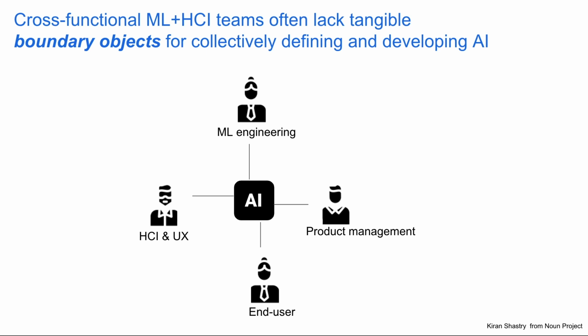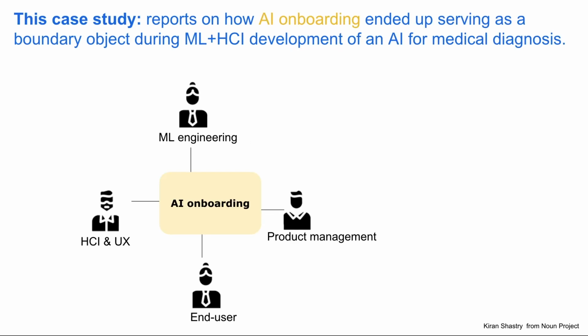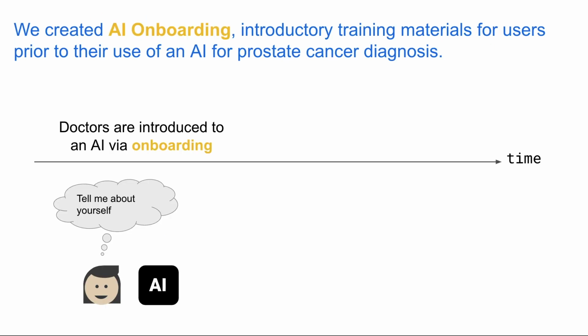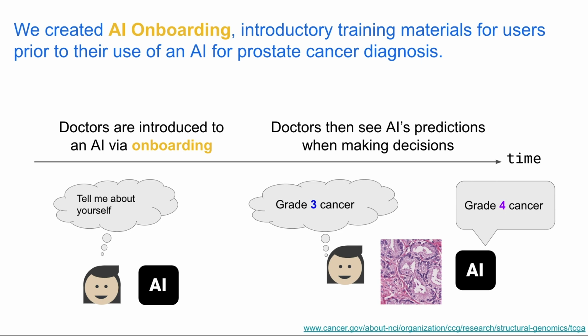Cross-functional teams often lack boundary objects for collectively defining and developing AI. We report on how AI onboarding ended up serving as a boundary object between team members while developing an AI for medical diagnosis. AI onboarding is introductory training materials for users to see prior to their use of an AI. For example, doctors can first be introduced to an AI via onboarding prior to making medical decisions with the help